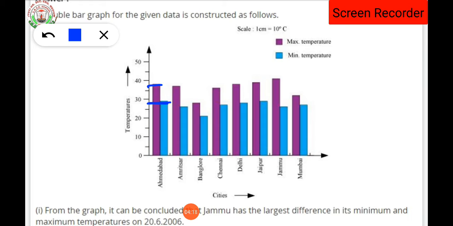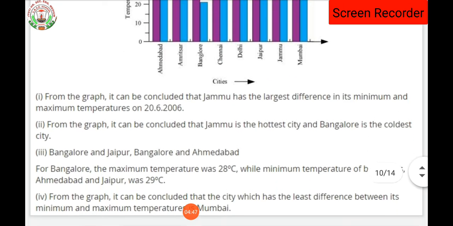Understood everyone? So looking at the data which is given in the question, you have to draw a bar graph. Clear? Understood? You people know how to draw the bar graph, na? Take a graph paper, write all the measurements according to what is given on the screen, then you can draw it. Also you can take the unit or a scale according to your wish. You can take the unit as 1 centimeter is equal to 5 degrees centigrade, also you can take it. Okay, then question number 1 answer.